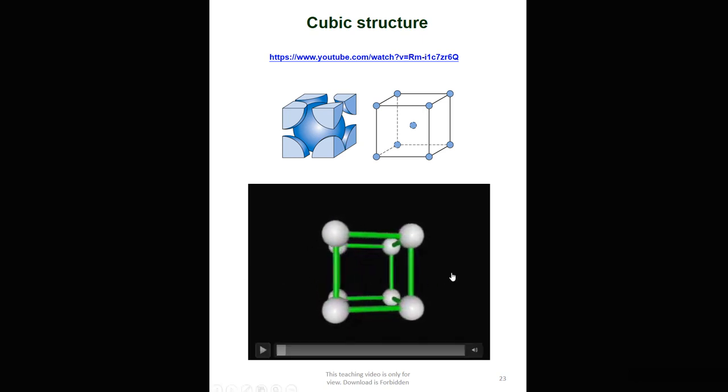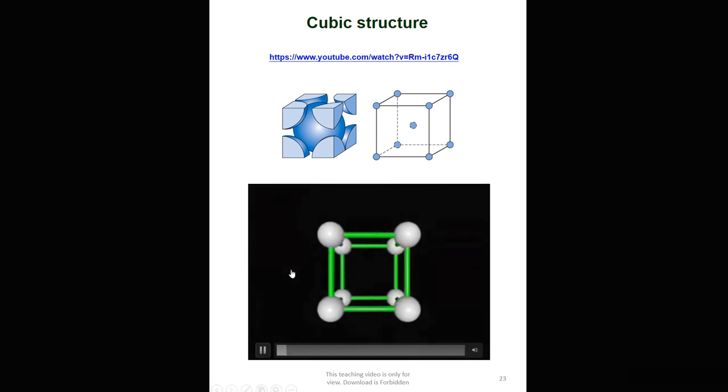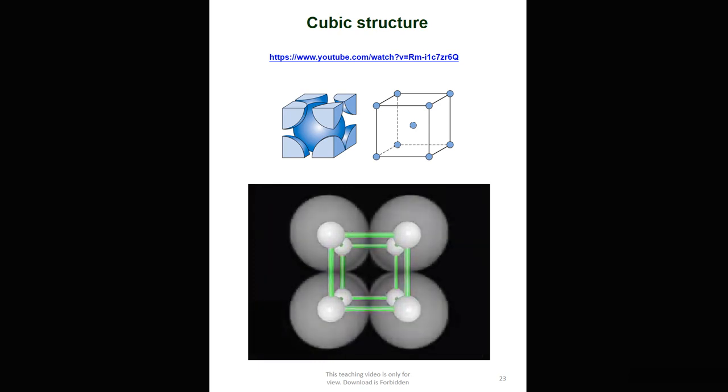In actuality, why is it a cubic? Because the length in the x direction, the y direction and the z direction is all the same. So we call it a cubic structure. The atoms are packed much more closely together and touch somewhere in the structure. A more realistic model of this structure is the